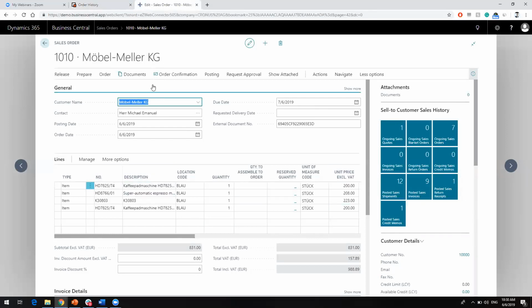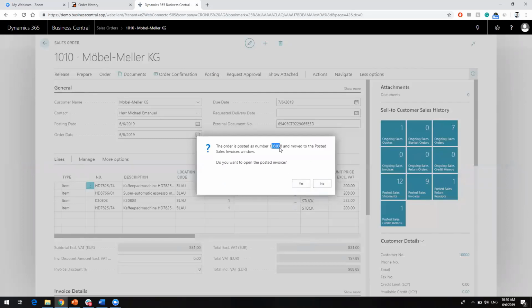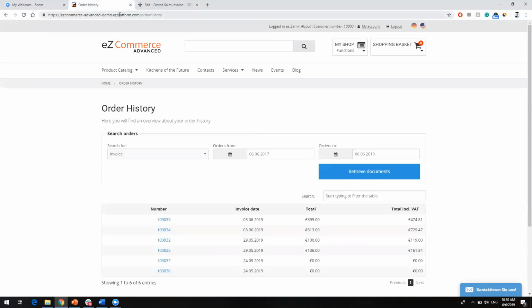And then if I want, I can post an invoice that will then be reflected directly in the shop. So here, if I post this, you can see this is the invoice I created, 103038. If I go down to the shop, I want to show it to you guys. Let me just say confirm. I forgot to do that. I'll click